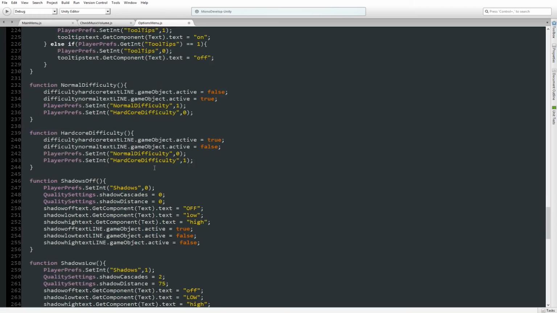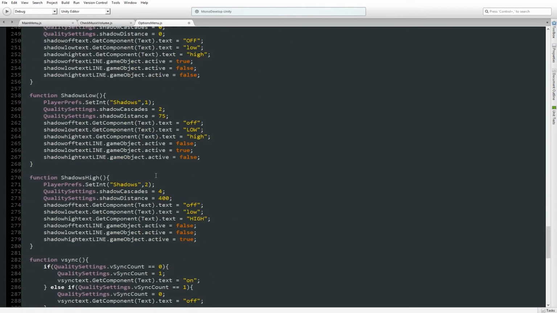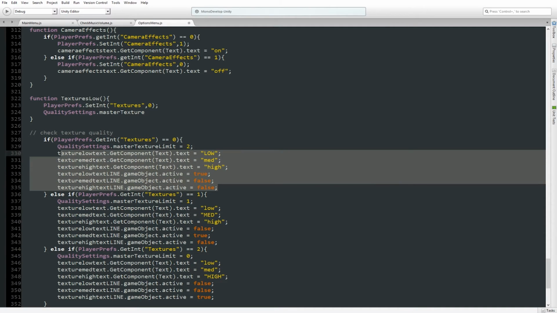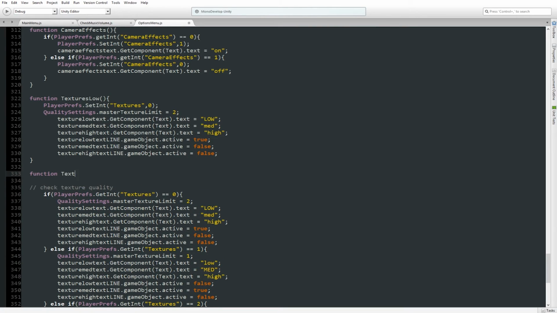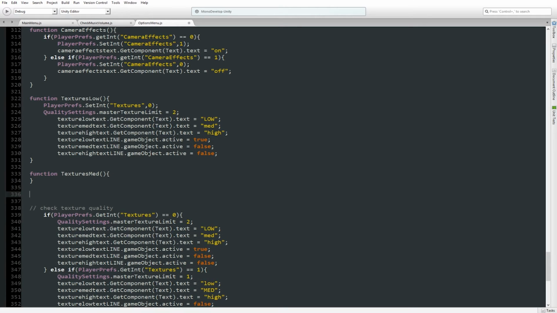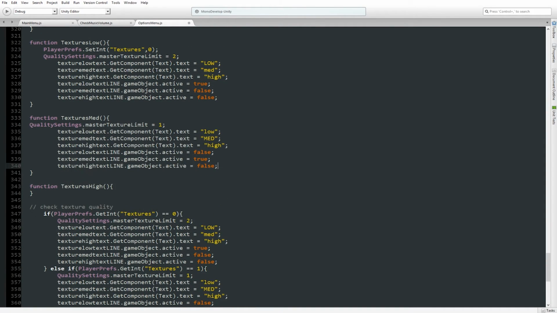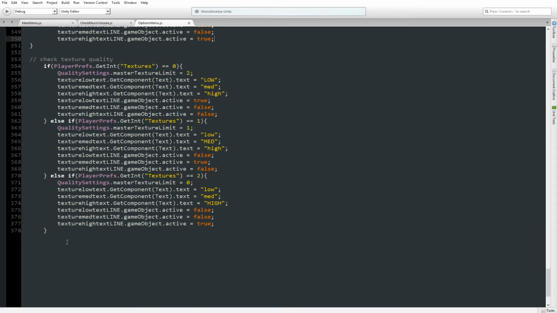I'm curious, actually. I wonder if I can just copy and paste what I wrote up here. Yeah. So I'm going to copy the check texture quality and paste it there. So I can actually just copy and paste it like that. Okay, that actually works. Textures medium. We'll copy that, and then function textures high. So I'm going to copy and paste that, and then I'm going to copy and paste that, delete this,